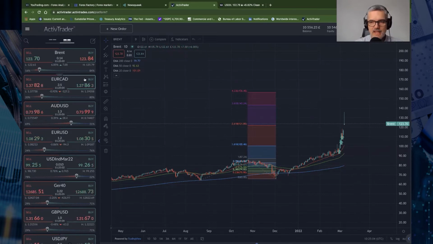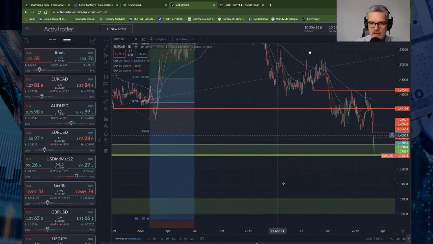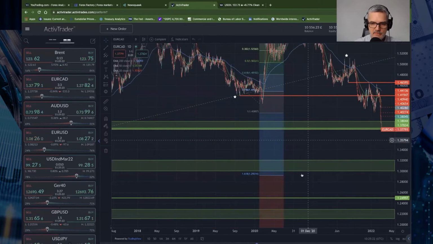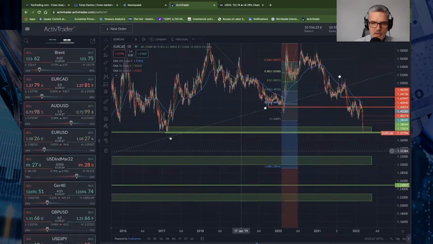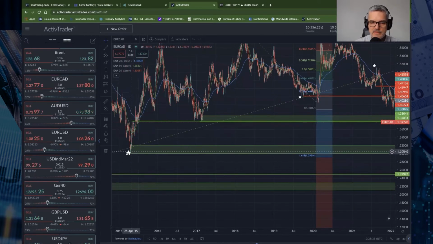In terms of the Canadian dollar, which is obviously highly correlated with oil, we can see that on Euro CAD, 80% of traders are trying to go long. And if I go to the Euro CAD chart, Euro CAD last week was on our radar. I said that we could come down towards these green boxes that I highlighted and down below the 1.3. That looks like it's happening now. We've taken out the lows of the swing low here from 2017, 2016. And the next place for me, like I said last week, is the 1.3.